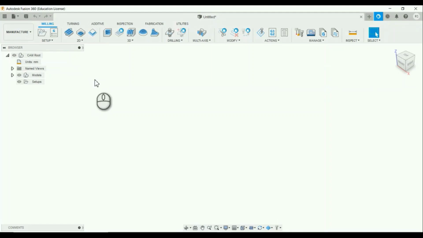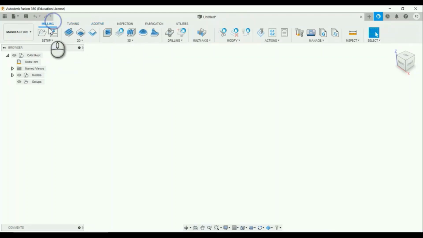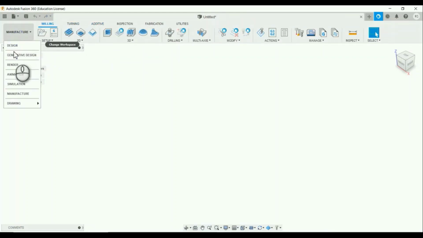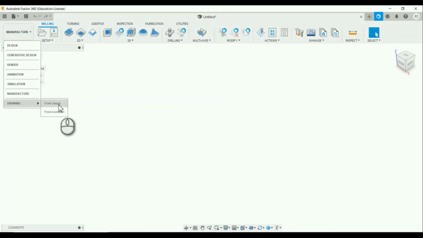In this tab, if you design your model by machining process like milling, you can use these tools. If you are going to machine your design by turning process, these are the tools available like this, similar to additive.